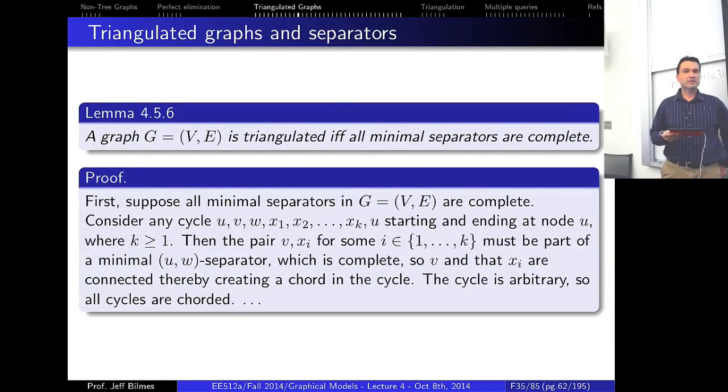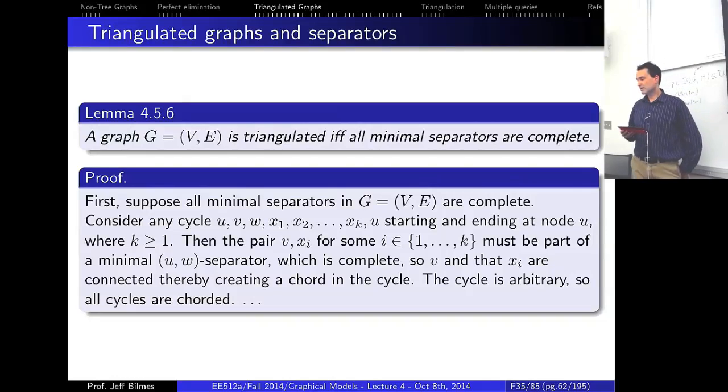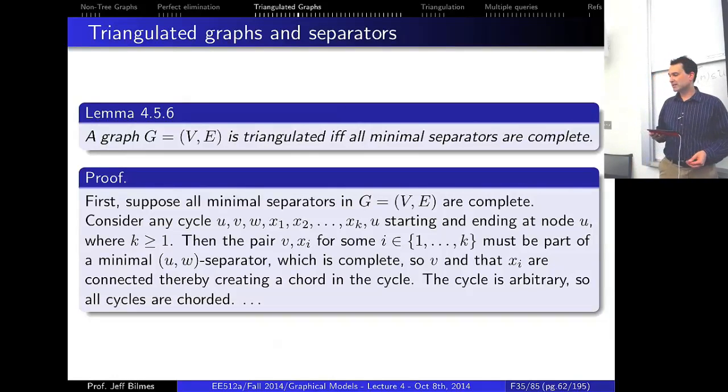Okay, so how do we prove this? Suppose that it's an if and only if condition, so we have to do both sides. So suppose it's the case that all minimal separators are complete, right? Now we have to prove that the graph is triangulated. To do that, let's take some